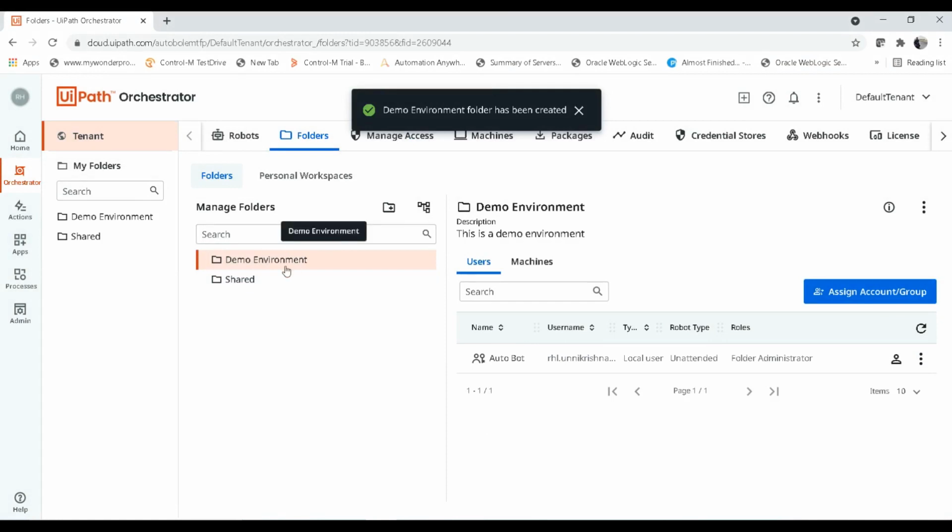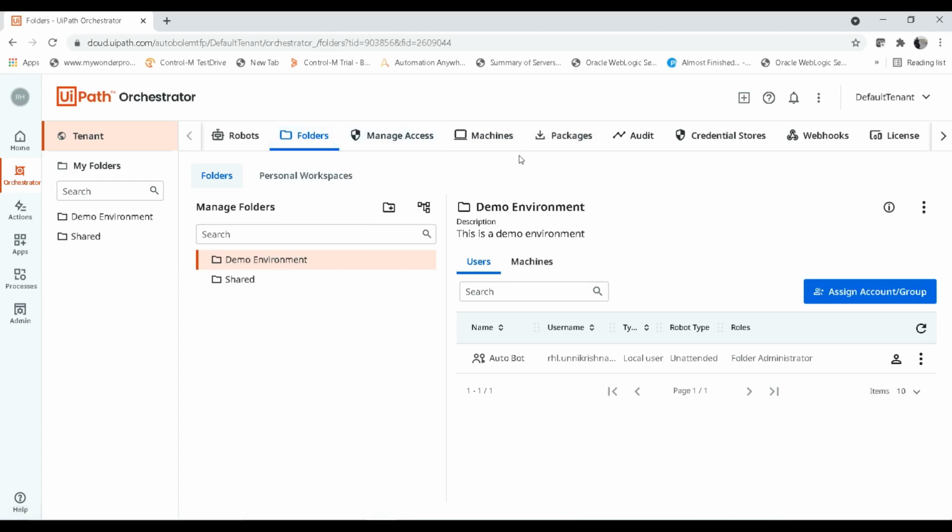So what is the next step? As I mentioned, these folders help to group the machines, right? So I need to link the machine which I created to the folder, correct? I'm clicking on demo environment, and once you click on it, it will show you two tabs: users and machines. Users shows your username and details, and the license that you have allocated, that is unattended robot time.